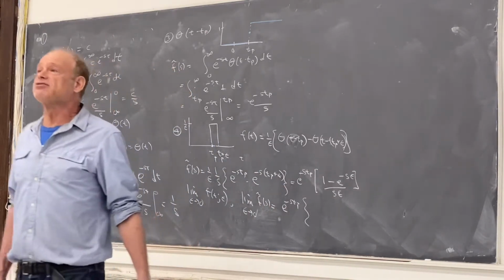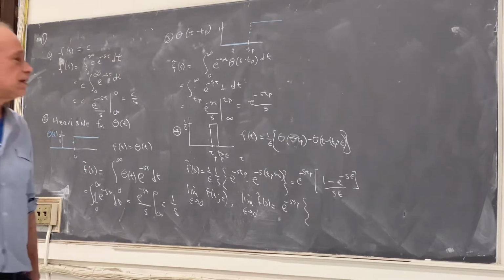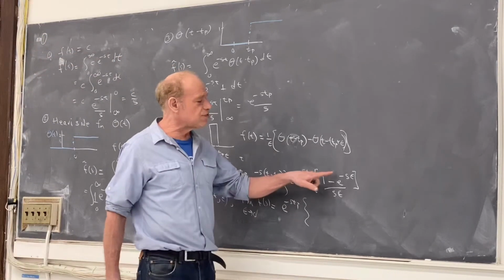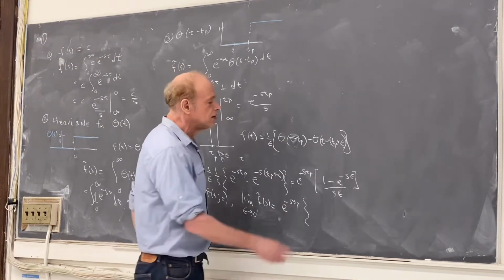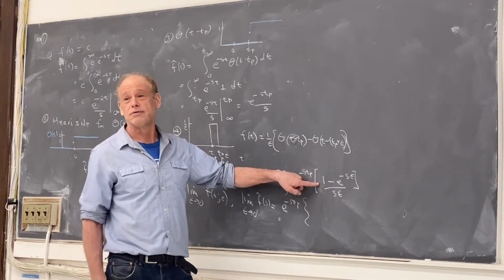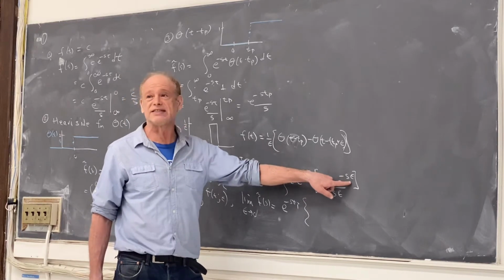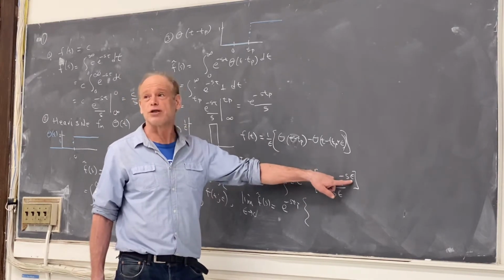How do I resolve 0 over 0 from calculus? Whose rule do I use? L'Hopital. So I'm going to take the derivative of the numerator over the derivative of the denominator. The derivative with respect to epsilon of 1 is 0. The derivative of minus e to the minus s epsilon with respect to epsilon is